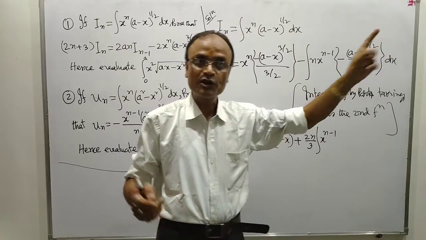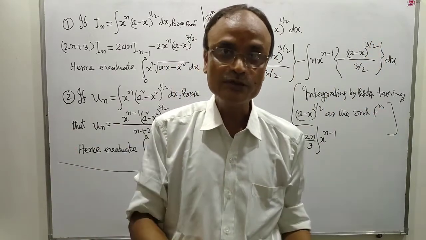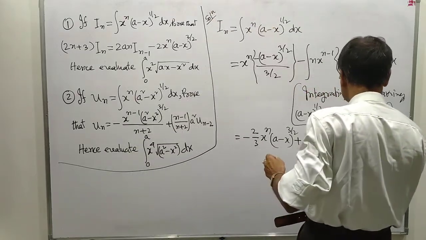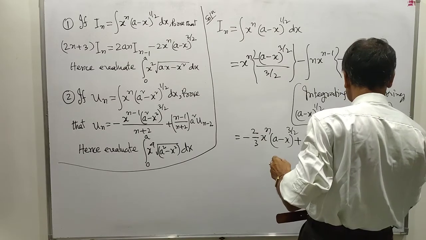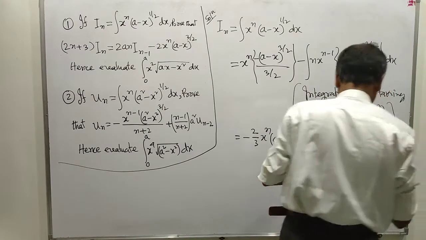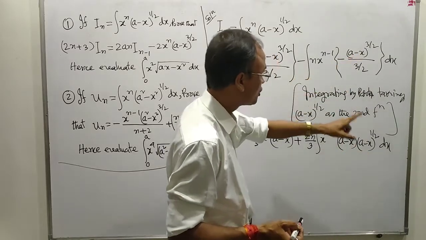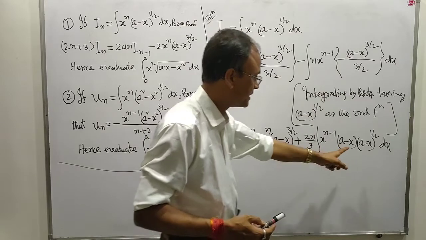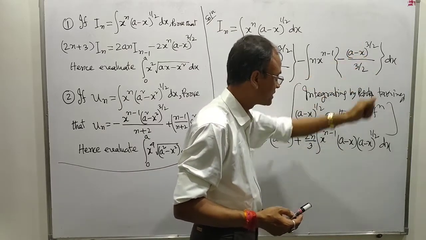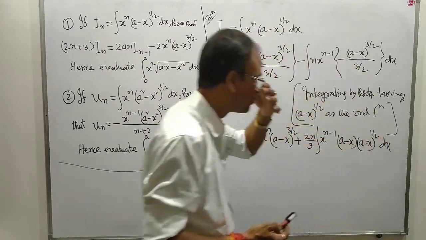(A minus x) whole to the power 3 by 2 can be written as (a minus x) into (a minus x) whole to the power 1 by 2. In place of (a minus x) whole to the power 3 by 2, we have written it as (a minus x) into (a minus x) whole to the power half,